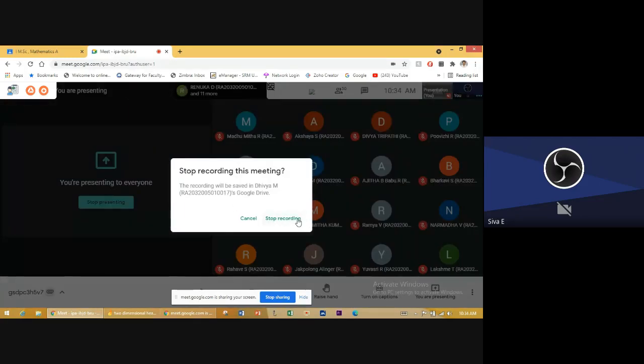Divya M. The recording will be saved. Divya M. Really, okay, fine. Listen, you are sharing your link. That is just you sharing your mail. Actually, you have to share that through your drive. In your drive, when you are sharing, it will ask for the option. Then you have to make it so that any editor is enabled. Then only I can download the link. Otherwise, I am not able to download the link.